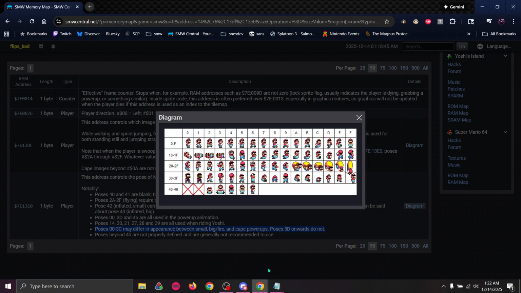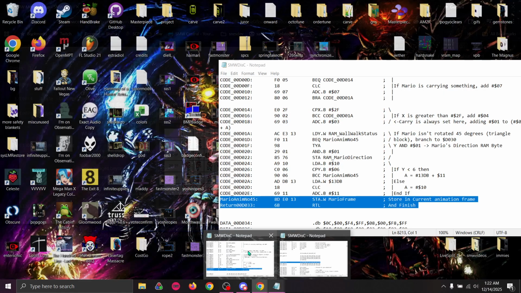So basically our routine here finished up by saying which pose Mario should have, and then while the game is figuring out, setting up which graphics to render for the next frame, it'll take that into account to know what to render to the screen based on the pose that we tell it that Mario is in right now. So again, if we look at this table here,